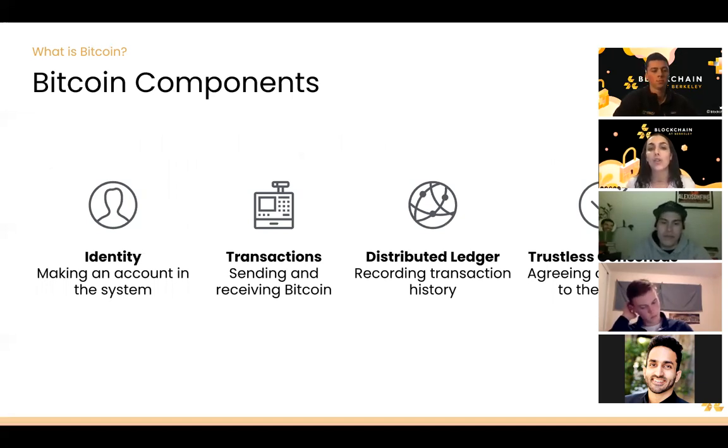And then we'll get into the distributed ledger, which is the recorded transaction history. That takes the role of the bank, instead of, as on the slide before, when I talked about how we trust banks with recording all of our transactions. We'll see how we can actually do that ourselves using a distributed ledger. And the last thing we'll get into is trustless consensus. This is about updates to the system and changing the system and how we have to agree as a community on changes made to that distributed ledger.